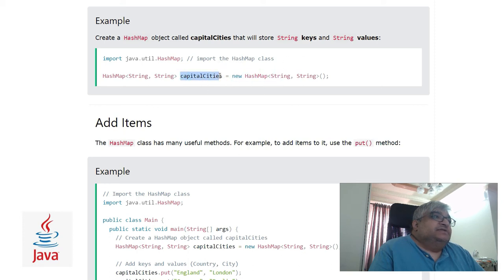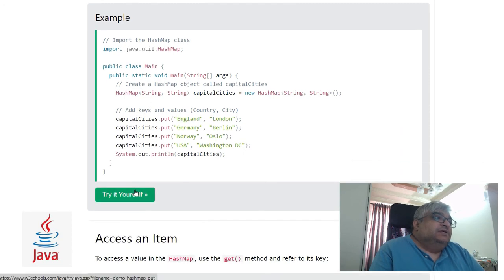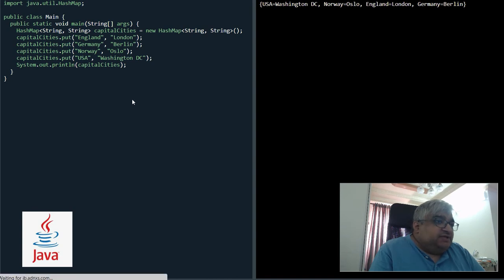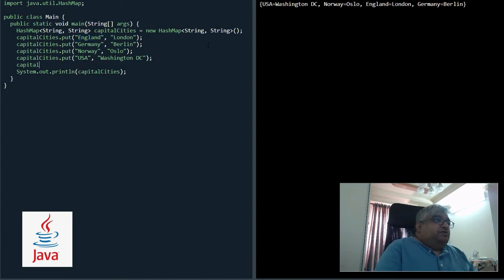So capitalCities is now a HashMap which is ready, and then we have an example where we add elements to the HashMap capitalCities. Let's look at the code. In this code you can see we use the put method to insert elements in this HashMap. First we are putting England, London, Germany, Berlin, Norway, Oslo, USA, Washington DC. And if we want to add one more,